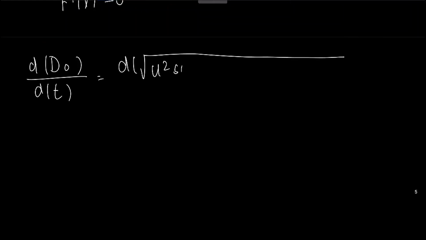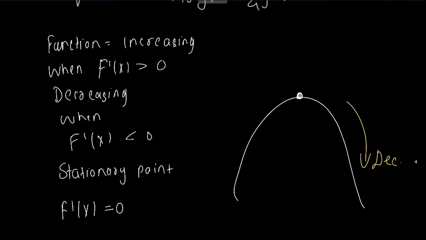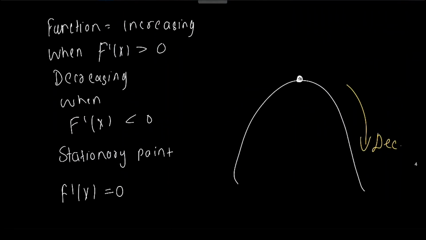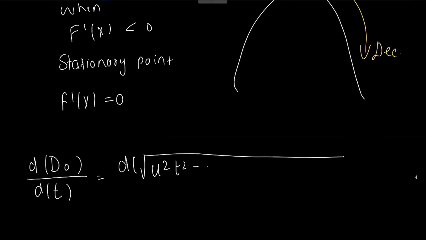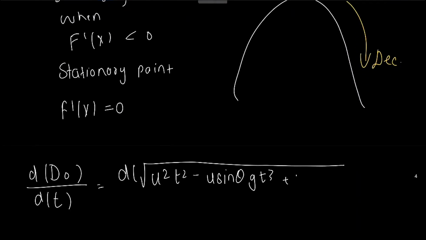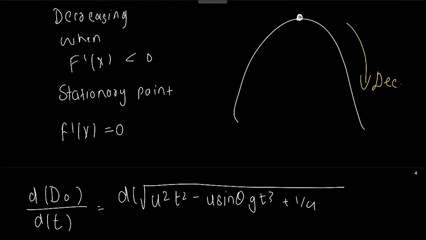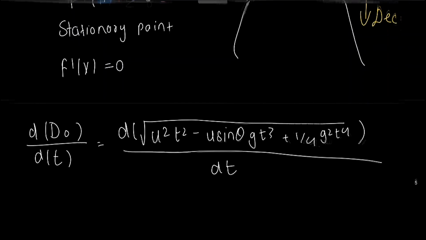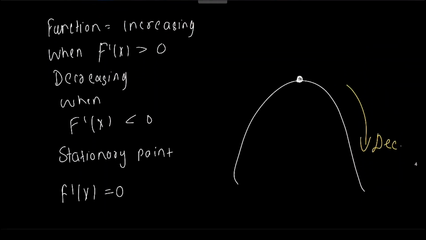u squared, which is u squared t squared minus u sine theta g t squared, g t cubed, I think, yes, plus 1 over 4 g squared t to the power 4. Now, you can differentiate the roots, which is no problem, but since it's a bit tedious, you can also, instead